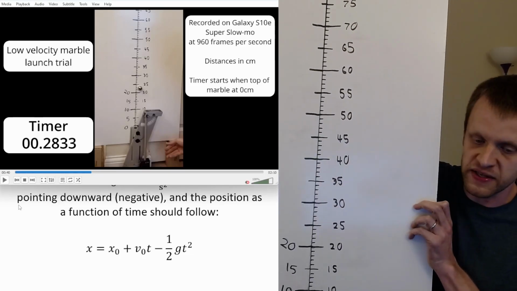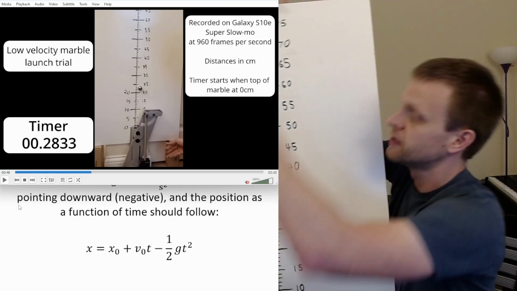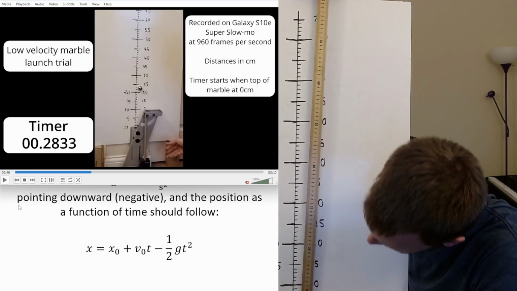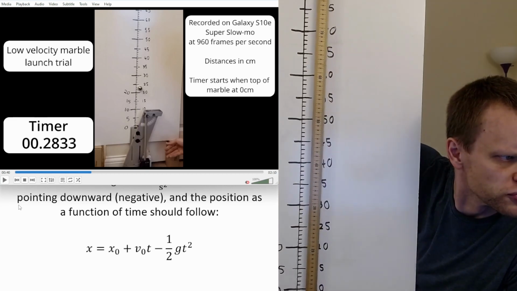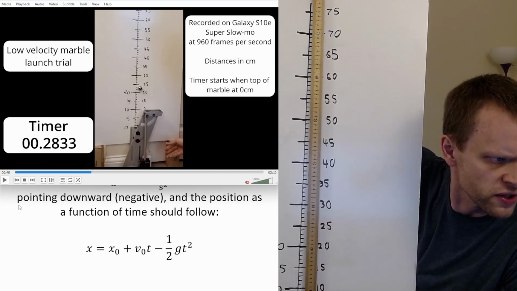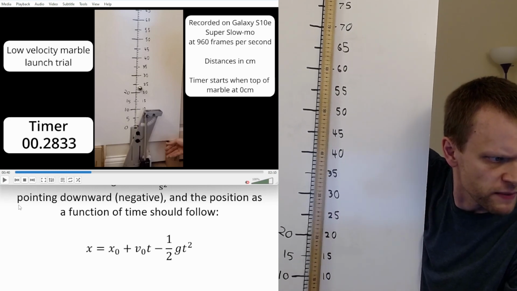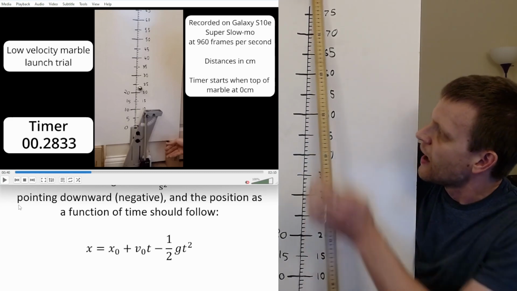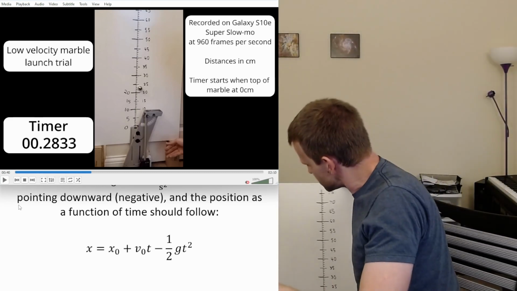All of these distances are labeled in centimeters just to make sure that everything is above board. If I put this right at the bottom, you should hopefully be able to see that the 70 centimeters, 60 centimeters, 50, 40, 30, all those match up with each other. I tried to make those as reasonably accurate as I could. And some other things that I tried to do was during the setup,